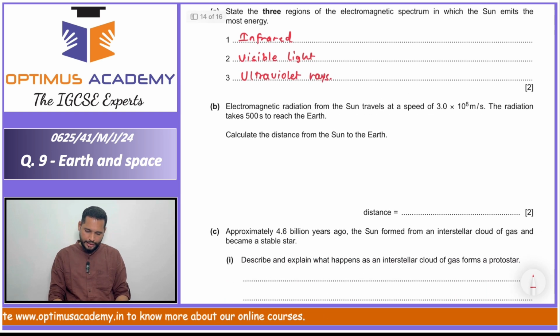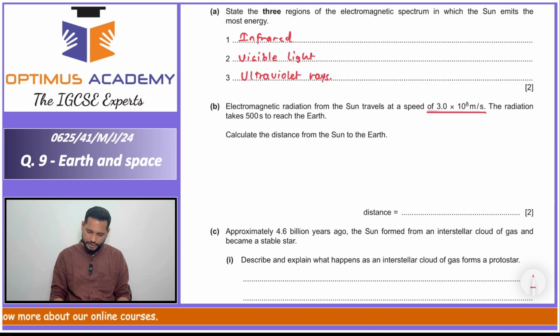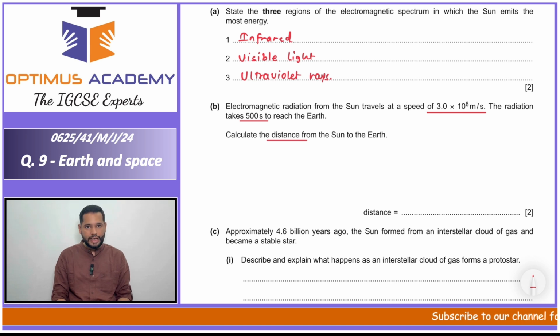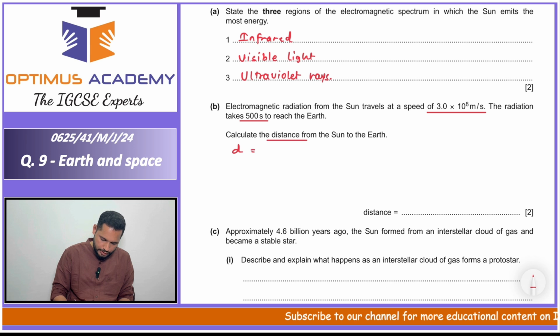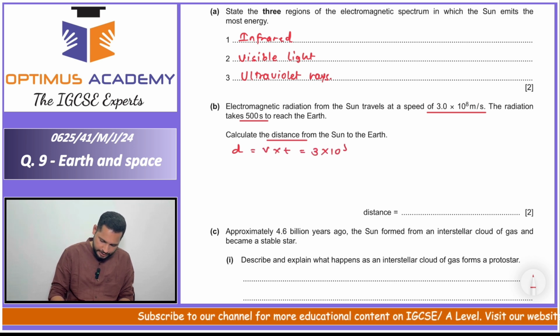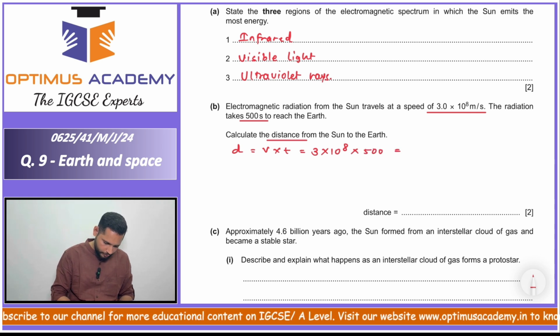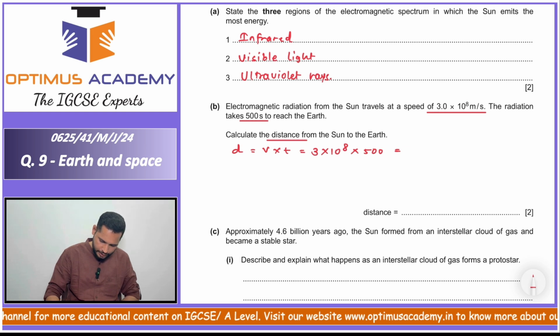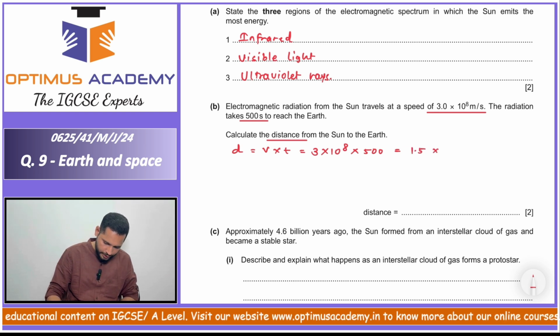Question B says that electromagnetic radiation from the sun travels at a speed of 3 into 10 raised to 8 meter per second. The radiation takes 500 seconds to reach the earth. Calculate the distance from the sun to the earth. We are given the speed, we are given the time. We have to find out the distance. Simple formula, distance is equal to speed into time. The speed is 3 into 10 raised to 8 meter per second and the time taken is 500. So the answer is 1.5 into 10 raised to 11